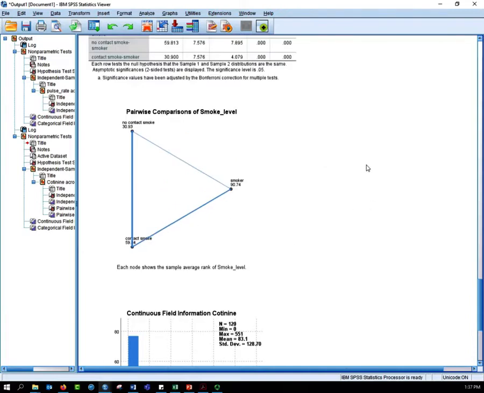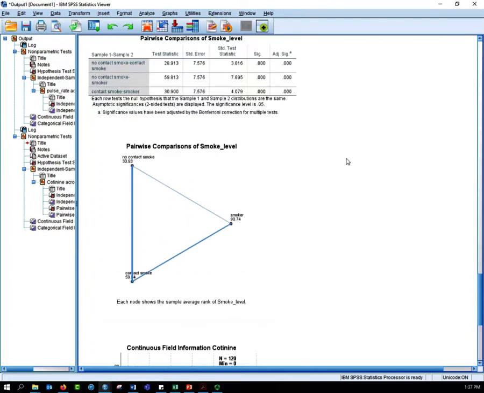And I've looked around on the internet. I haven't seen so much about how to interpret this, but if you look, we can intuit what they mean. So between smoker and no contact smoke, that is the biggest difference, and this is the thinnest line. All right, so that no contact smoke and smoker, their test statistic was almost 8, and so that's the strongest